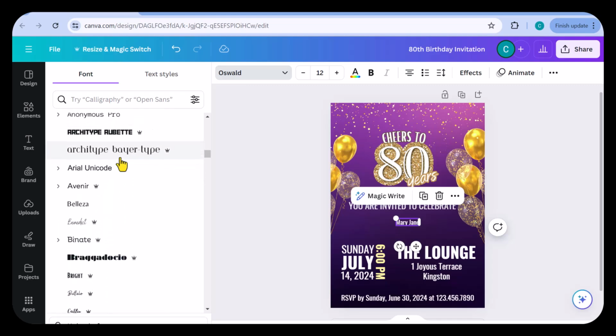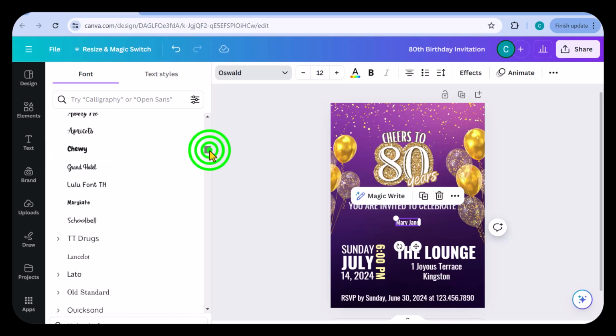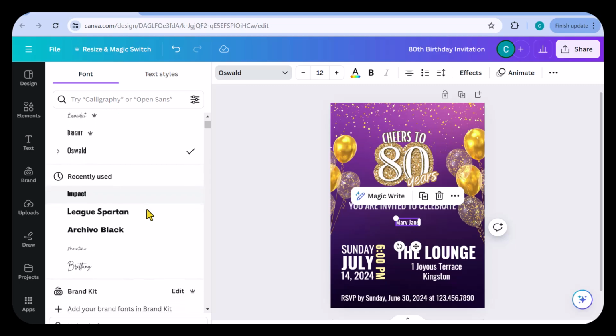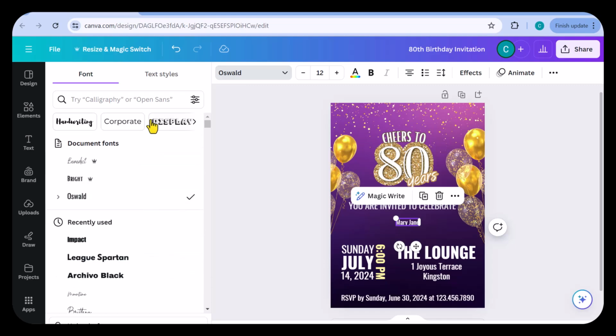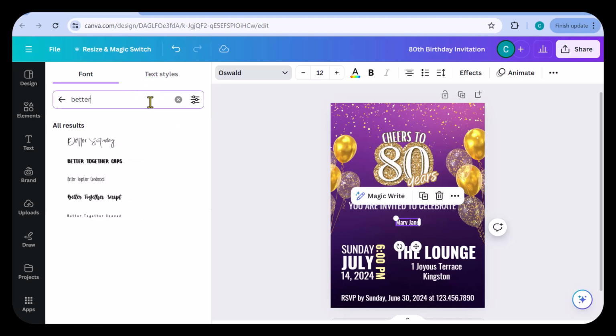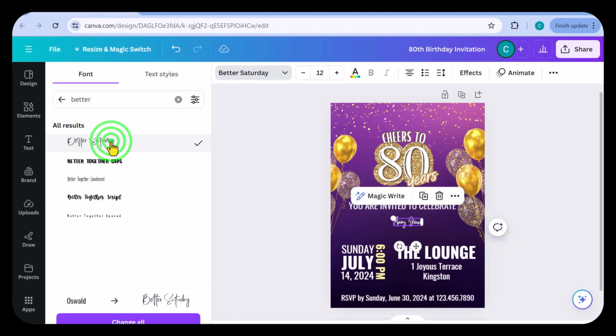With that, you can scroll through the list of fonts to see the one that you desire. However, based on my experience with font styles, my go-to font for cursive is a font called Better Saturday. So I will proceed to type that within the search bar, and once it is found, I will select the font.